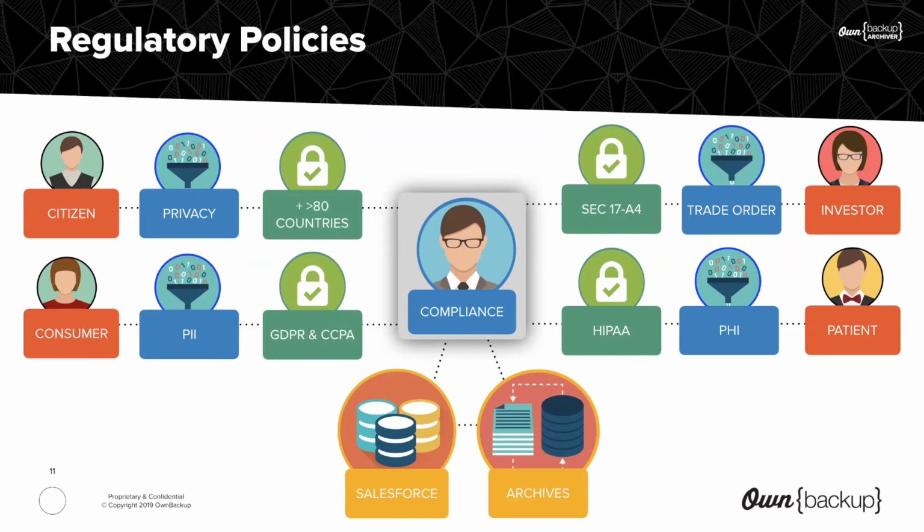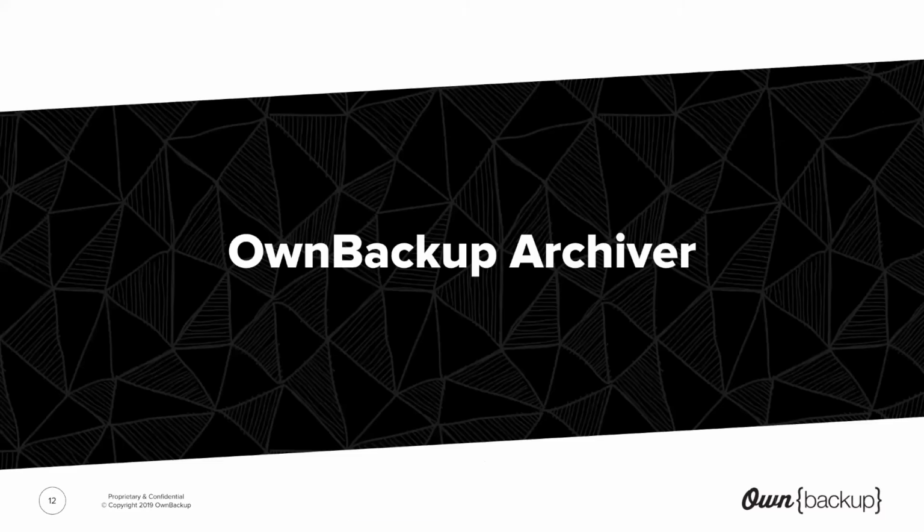Nobody on this call is going to be having to deal with just one, whether it's SEC 17a-4, which is financial services, or HIPAA or GDPR, CCPA, all of these things. The thing to think about here is that there's new regulations coming out all the time, and each of those has stipulations about how that data needs to be retained and accessible for those certain periods of time. So the key point is this is a fluid environment. We don't know what regulations are going to be in place in 6 months. So now really is the time to implement the processes and the technology to support this secure, immutable archiving of data. Which brings us to OwnBackup.